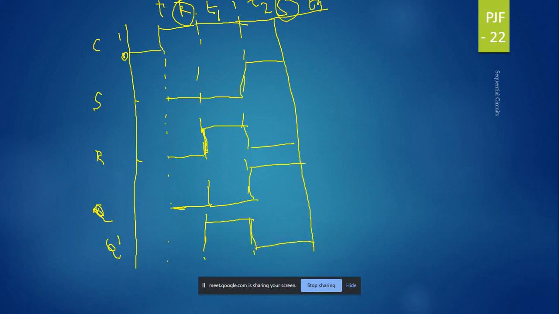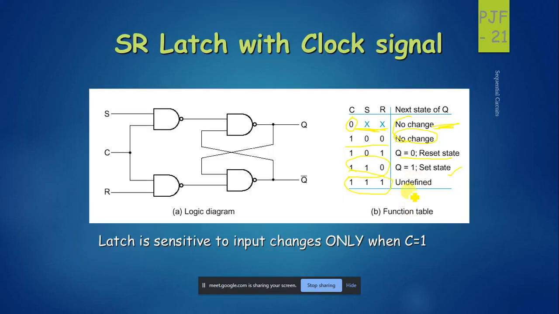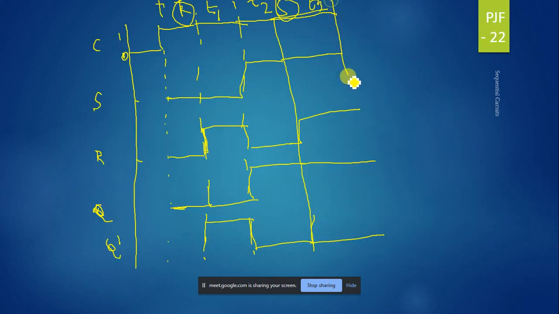Let us start with the clock. This is still in the 1 position. S is set to be high, reset is also set to be high, and then Q is also high. Q complement would be again low. Q dash is low, the complement of this. So it is low, right? So there the diagram ends.